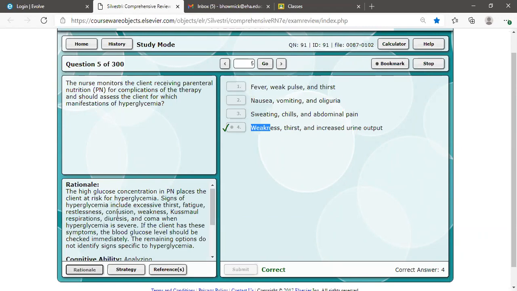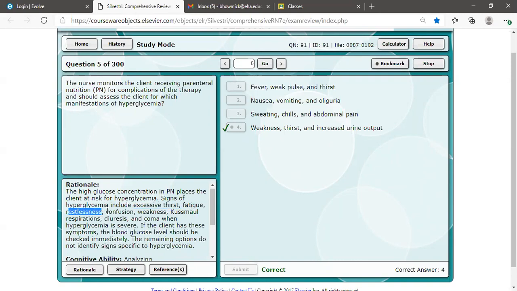Let me read something more here. The high glucose concentration in PN places the client at risk for hyperglycemia. The signs of hyperglycemia include excessive thirst, fatigue, restlessness, confusion, weakness, deep respiration, diuresis, coma if untreated, right? So I want to recap it, my friend. They said excessive thirst means, as I told you, polyphagia, polydipsia, polyuria, right? One of them, excessive thirstiness, fatigue,